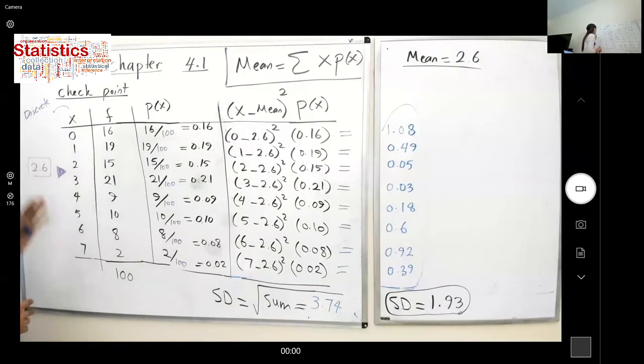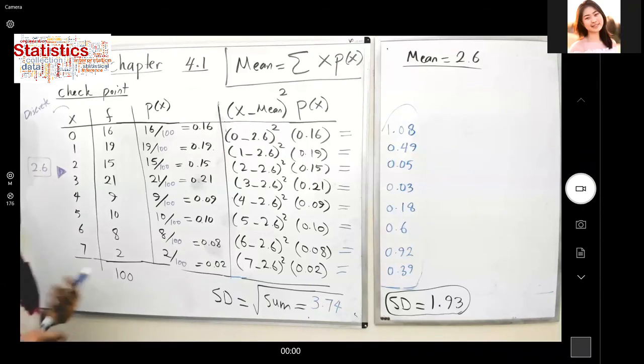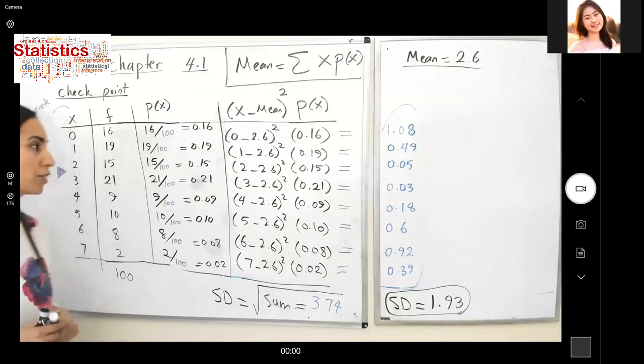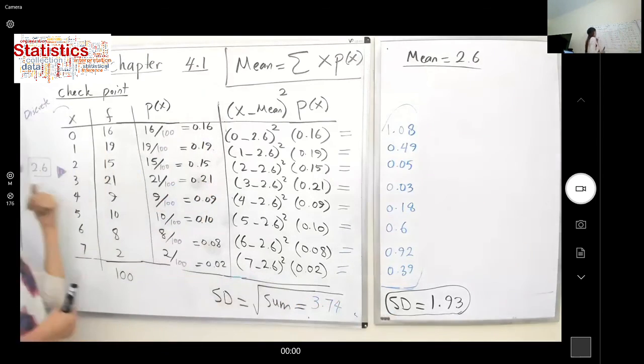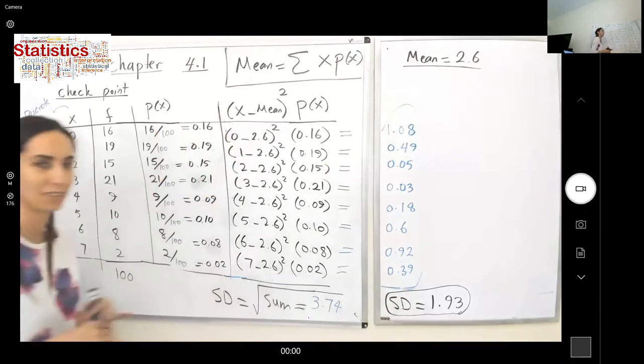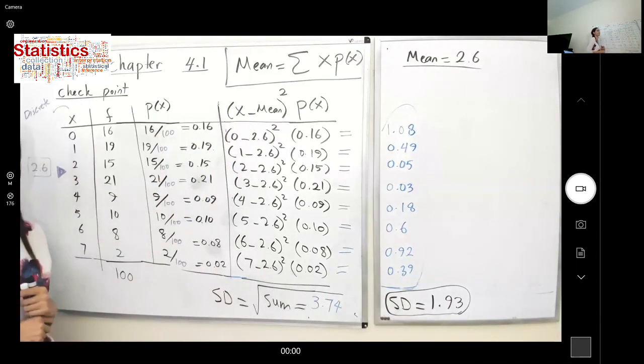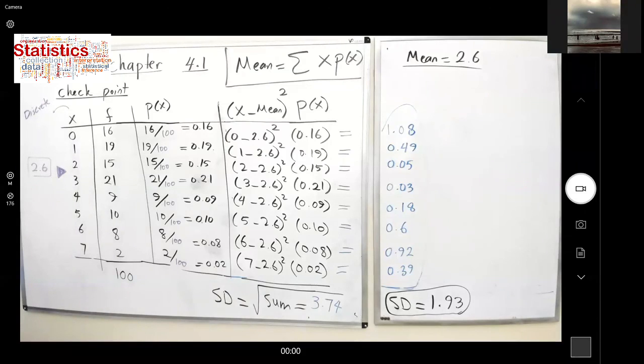So it says on average, if you just select a random x, the number of sales, that number of sales is different from the mean 2.6 by almost 2 sales. Almost 2 sales. And I have a question. Why we use